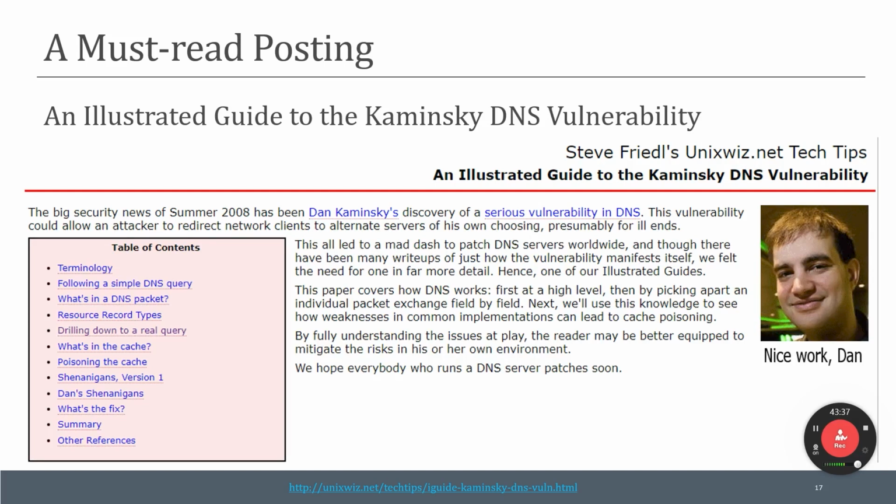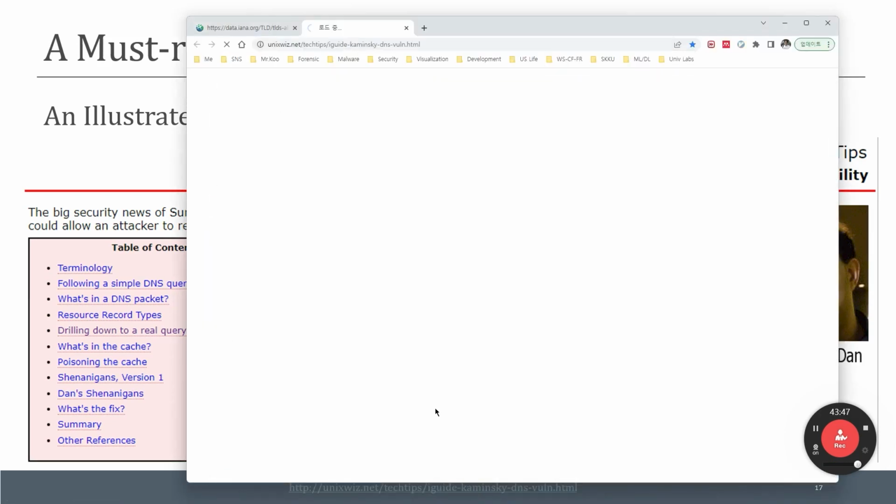So this is one of the master read postings, an illustrated guide to the Kaminsky DNS vulnerability. If you click this link, now you see unixwiz.net is unstable. I think this is because this site does not support HTTPS.